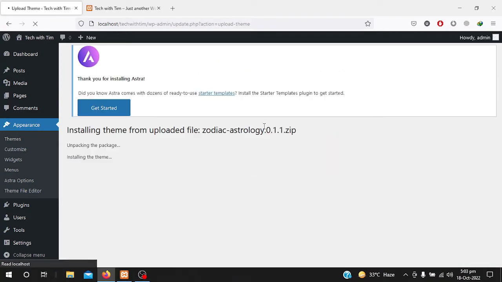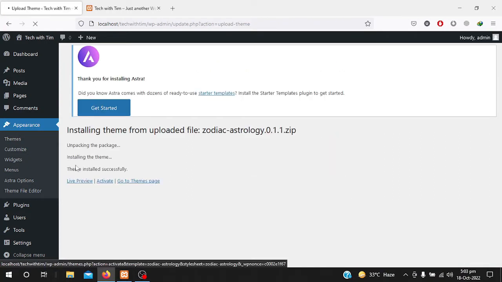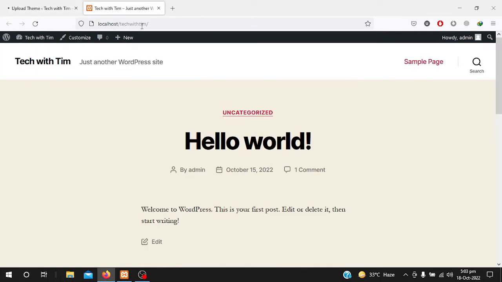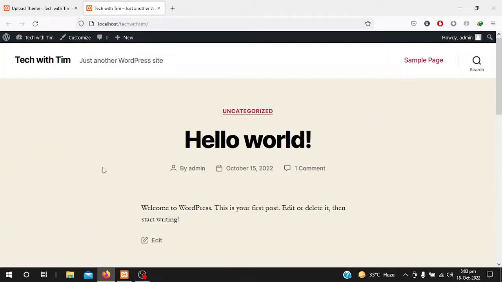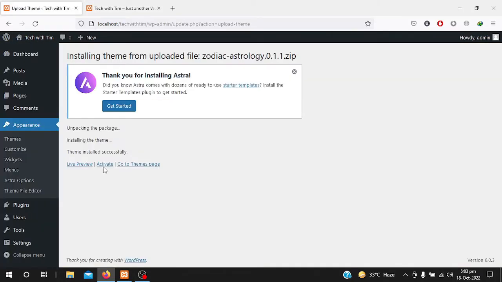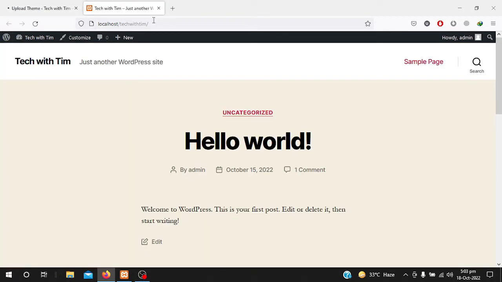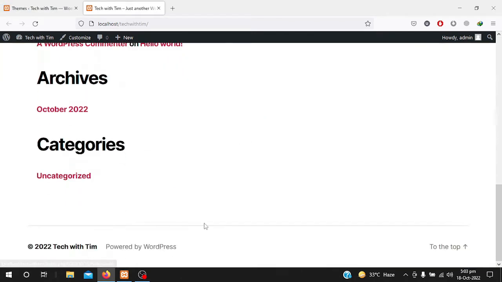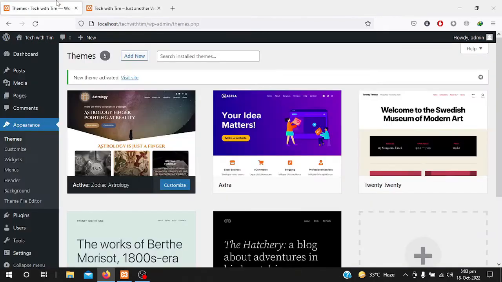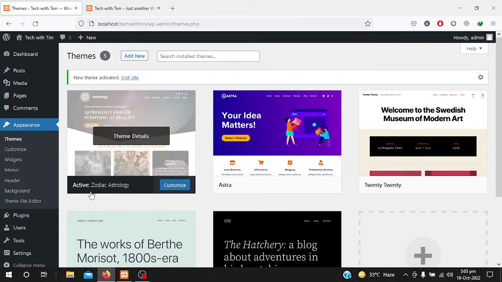In some moments, the theme will be installed. Here you can see the theme is installed successfully. By activating it, the theme layout will be changed. Let me show you: when I activate this theme, the layout of the website and its design, header, footer will be changed. Here you can see the theme is now activated, Zodiac